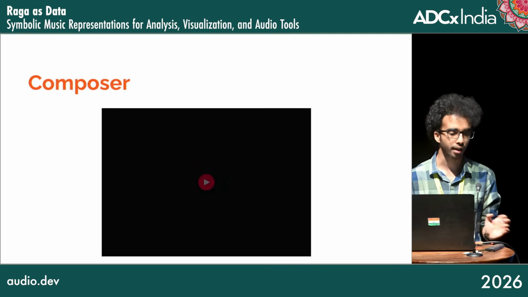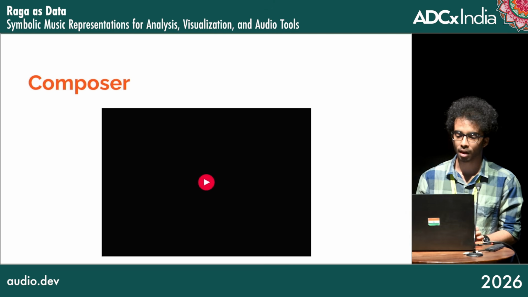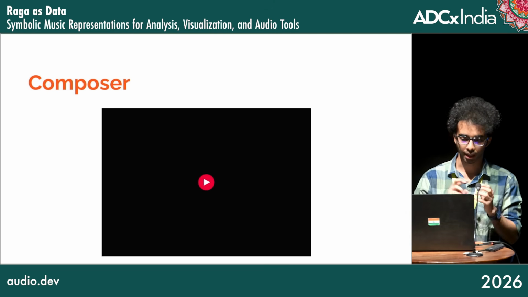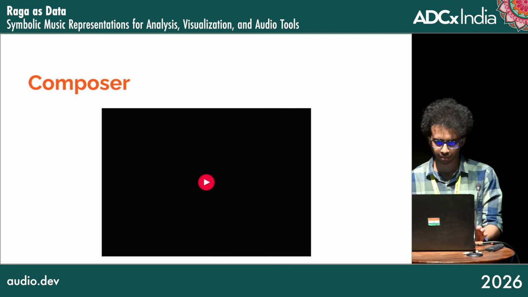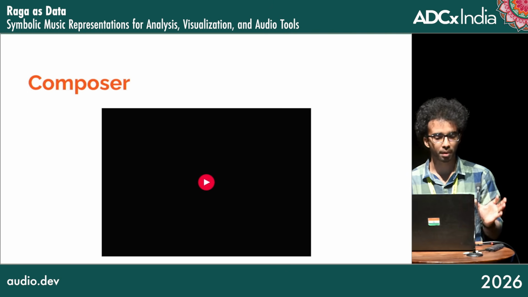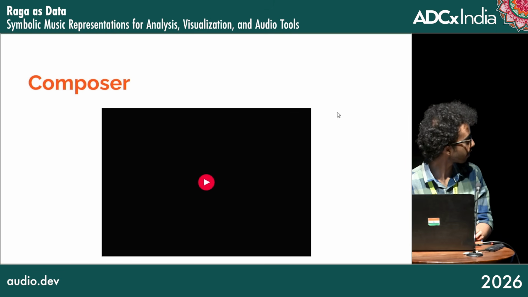For example, generation. You can build a composer using n-gram models, and because you're working with discrete sequences like individual notes, sa, re, ga, ma, local dependencies will be modeled. I'll play an example generated in Raga Shivranjani.